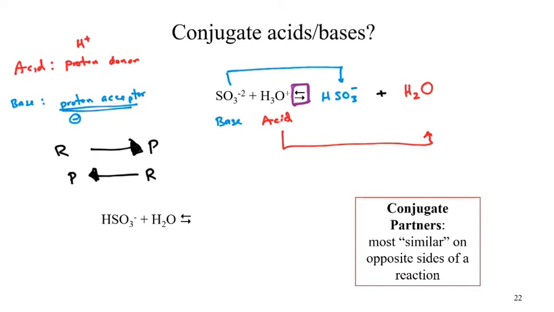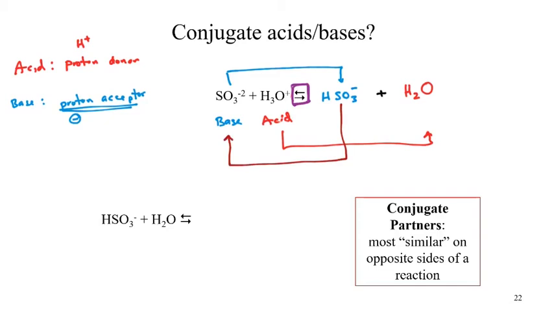This becomes a challenging concept because we are now flipping the reaction. Reactants aren't always on the left. Products aren't always on the right. They can be on either side depending on our point of view for an individual chemical reaction. So let's use that information to address our point of view. If we take a look at HSO3 minus, which species does it look most like on the product side? Hopefully you can acknowledge that it looks an awful lot like our base species, the SO3 minus 2.